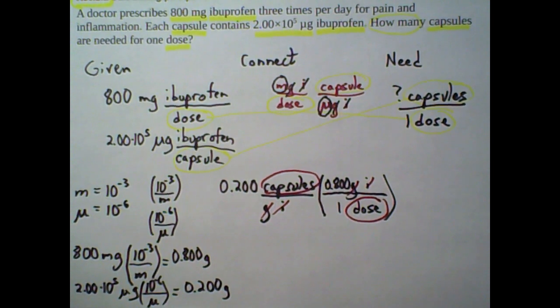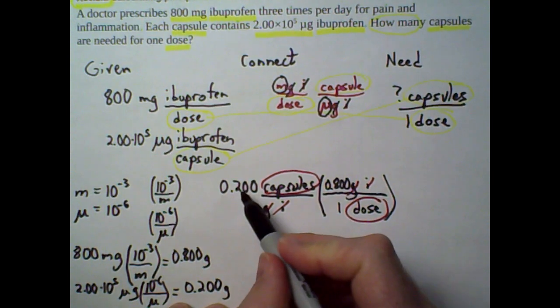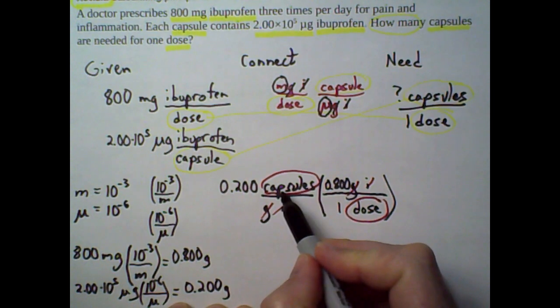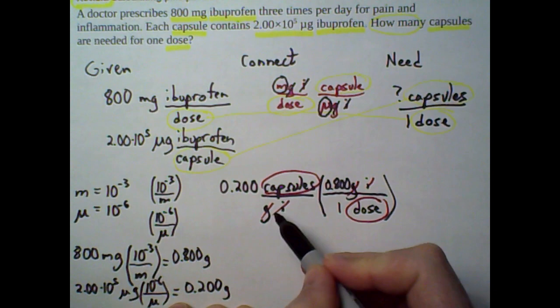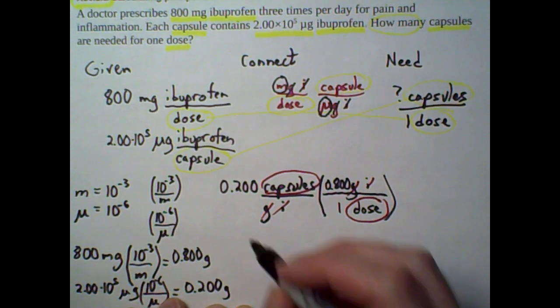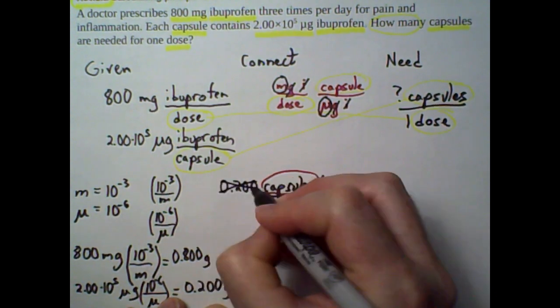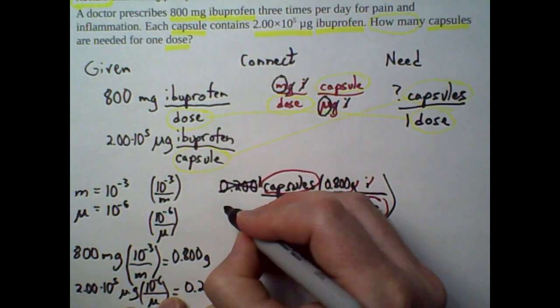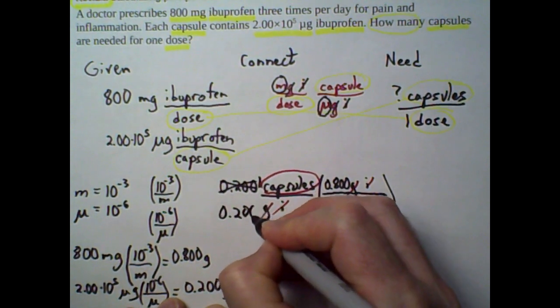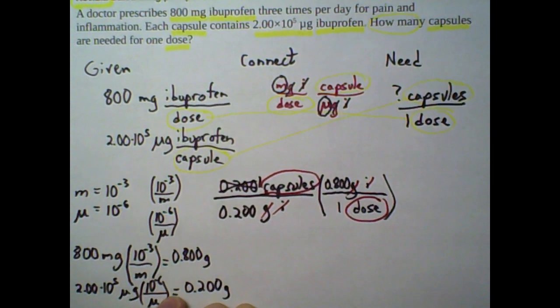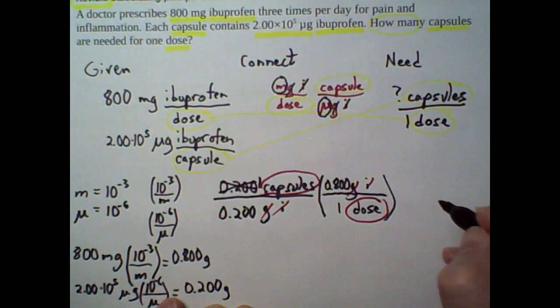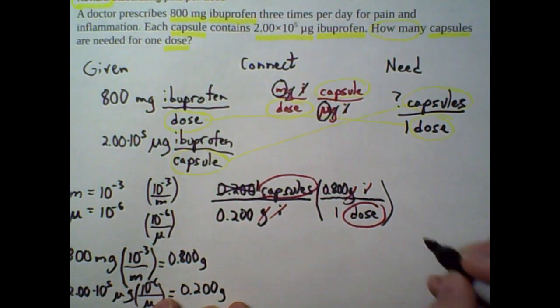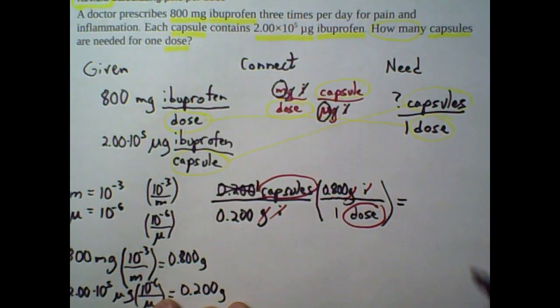And now you'll have caught my mistake. I put this number by capsules. This is a good reason to write down your units each time. My number by capsules is 1. The 0.200 goes by grams of ibuprofen. So now that I've caught my mistake through using my units each time,